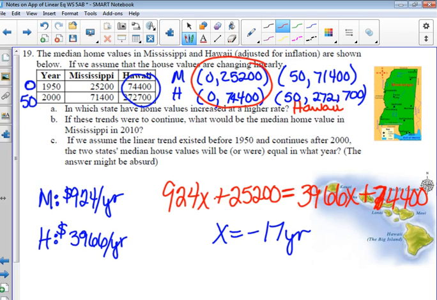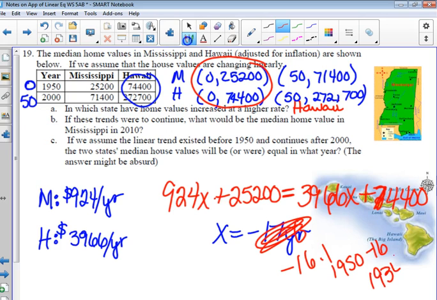16.1? So if you did 1950 minus 16, it'd be like 1934. Which Hawaii wasn't a state in 1934, so it's a little off, but